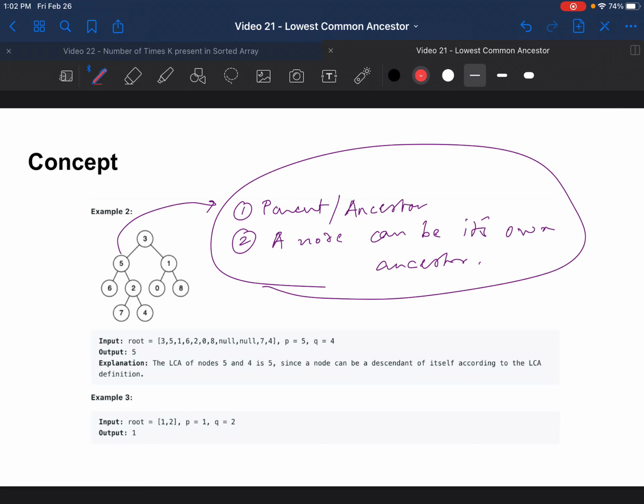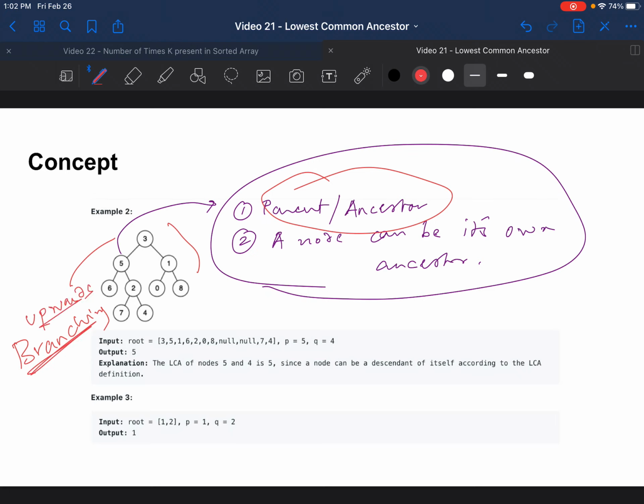For any tree problem which is asking you something like find me a parent or an ancestor, or maybe find me where both of these nodes come together, anything that has to do with branching, the template here that I'm establishing is called branching, and upwards branching is what I want to specifically address. This is a common type of question that you'll see in the interview.